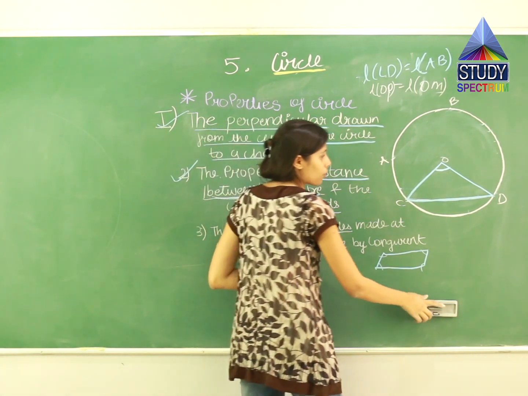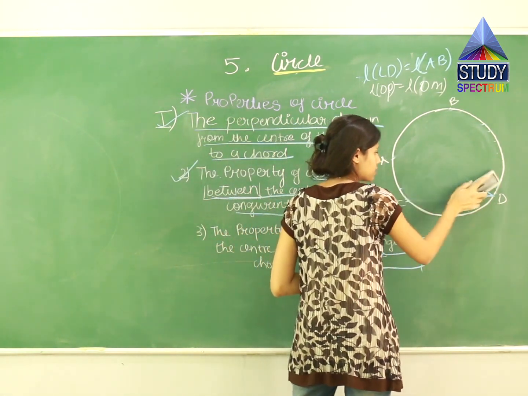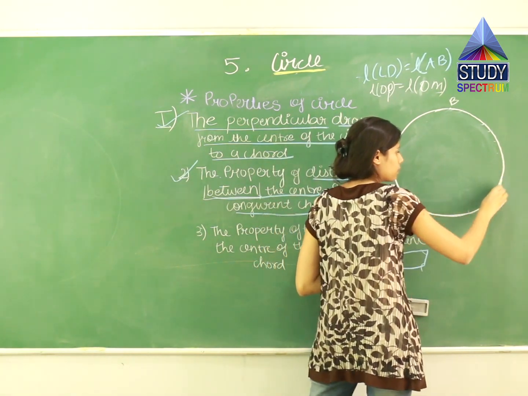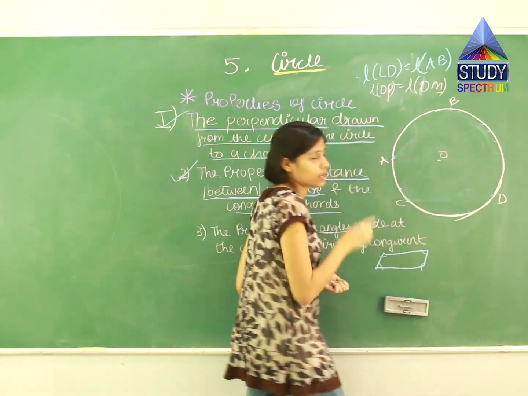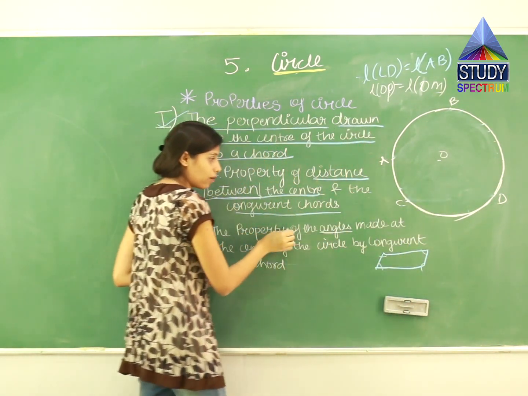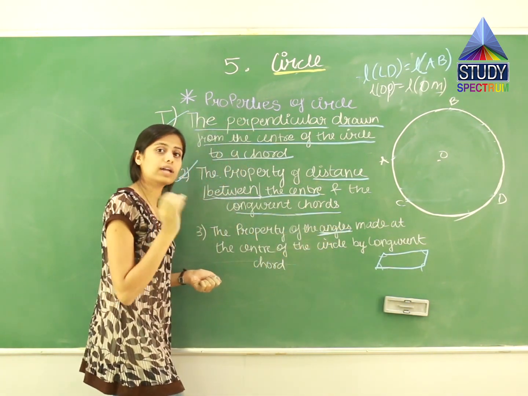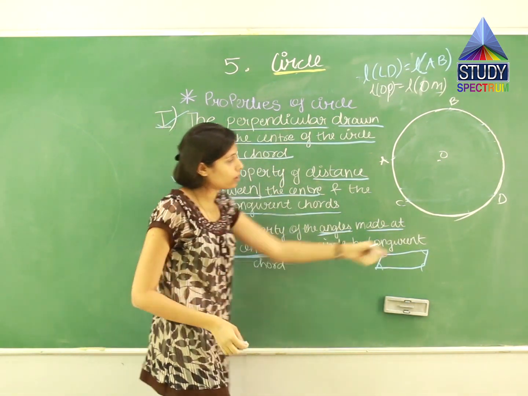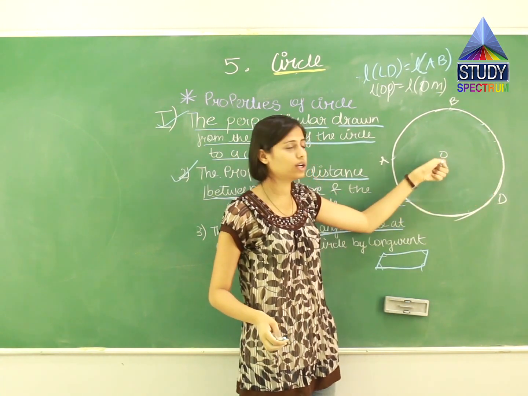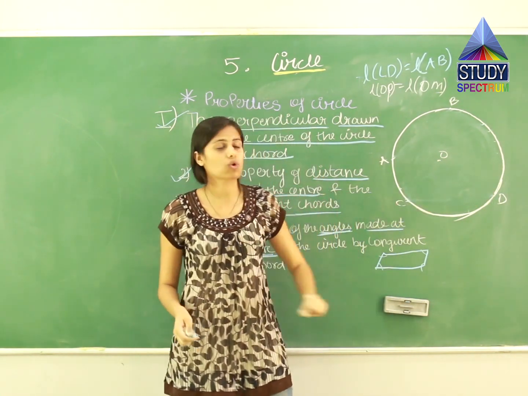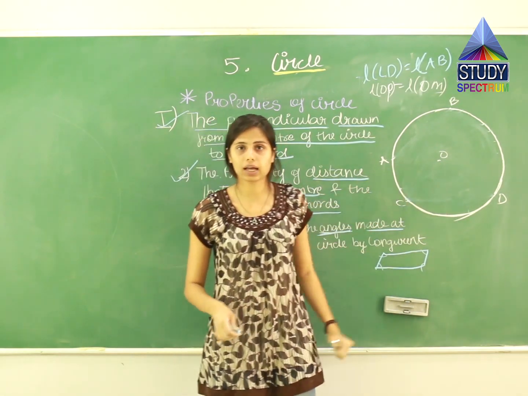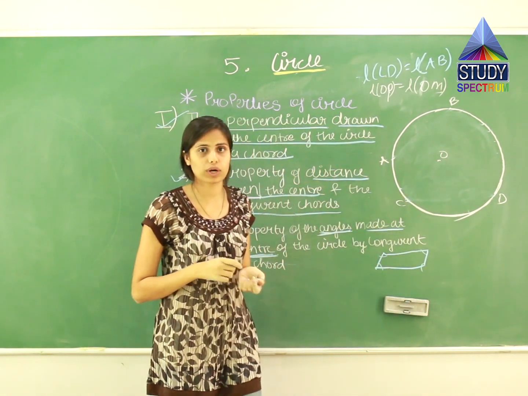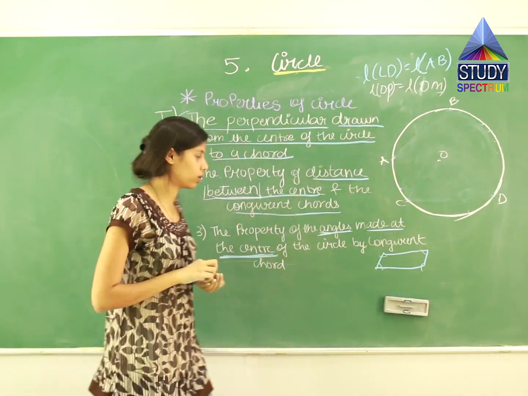Now let us understand what the property is. I'll erase this, and then we will read the property together. Let us draw the point O again. This is the center of the circle. The property is talking about angles made at the center. That's why I told you to ignore this angle and only look at this angle, because this property tells us only about the center angle, and not the angles formed at OCD, D and ODC. In the previous figure I told you, right? Only the center angle you have to concentrate on.